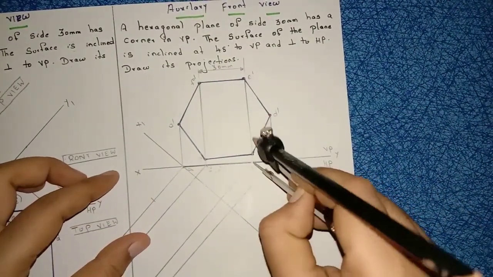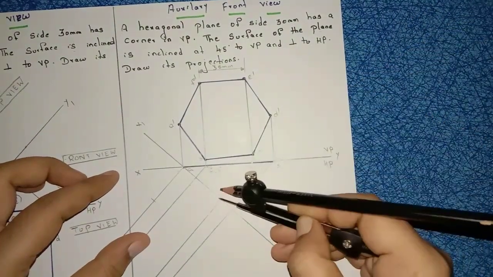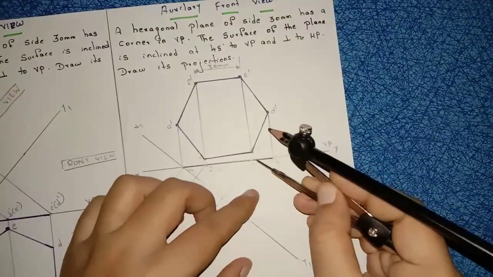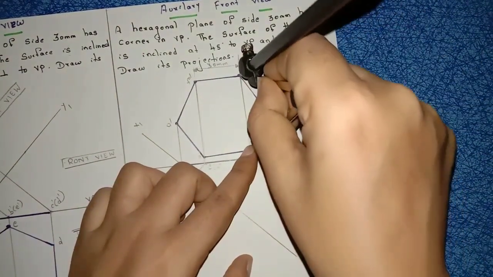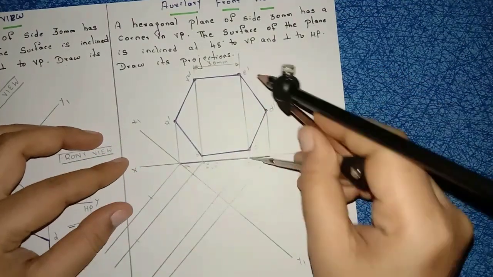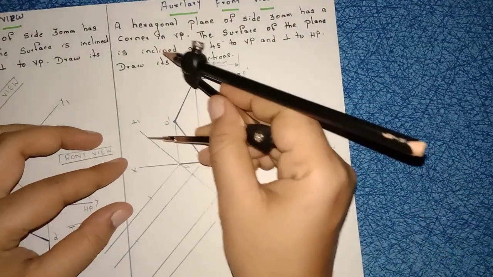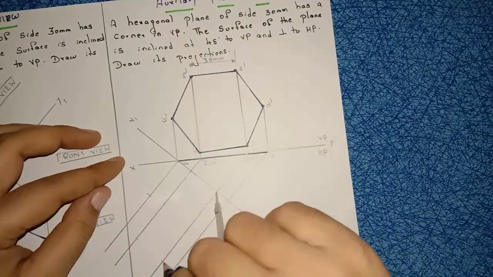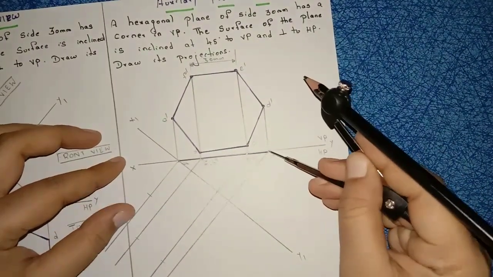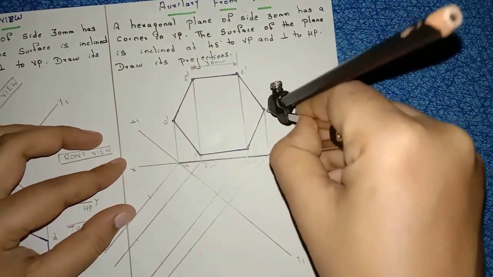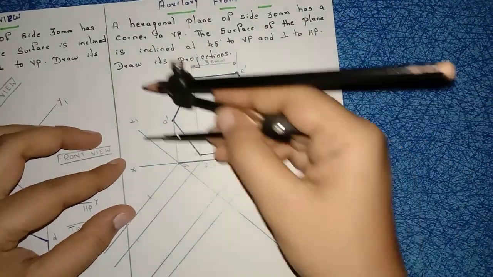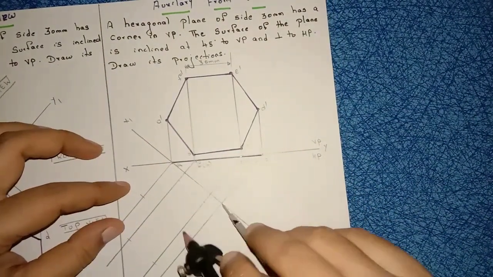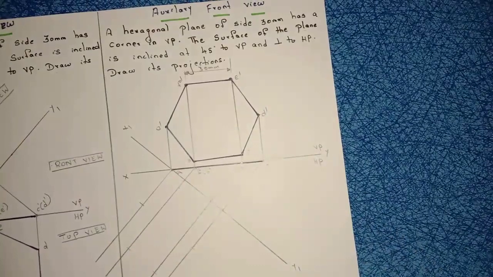Same again from the reference line to C point. From this reference line, mark C point. Again from this reference line to E point, take this distance with compass. Again keep your compass on the new reference line and mark E point. Then next from the reference line to D point, take this distance with compass. Keep your compass on the new reference line and mark a point here for D.